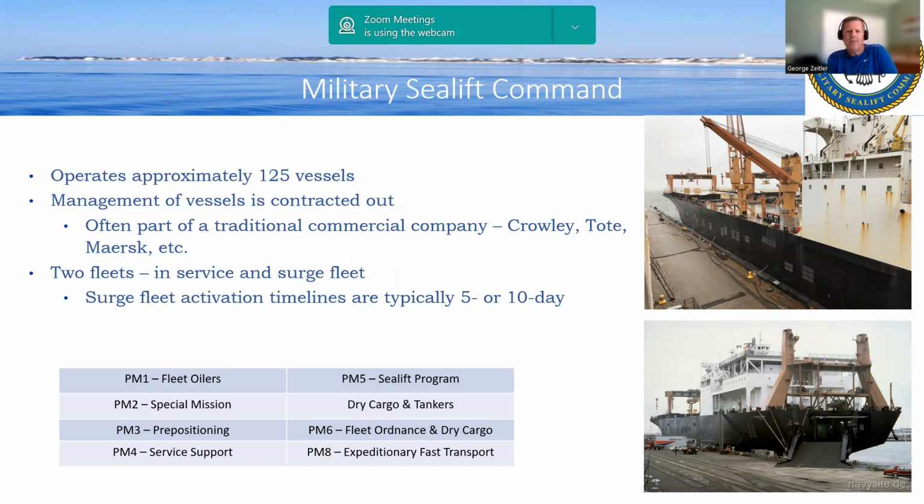In service, these vessels are sailing actively around the globe, providing government, and they can be carrying every